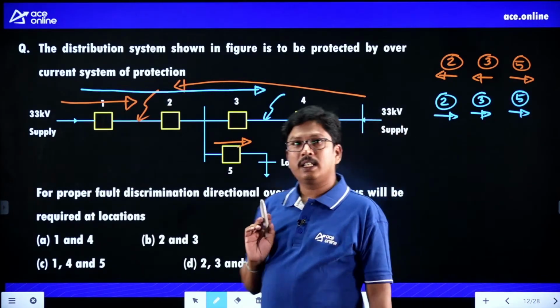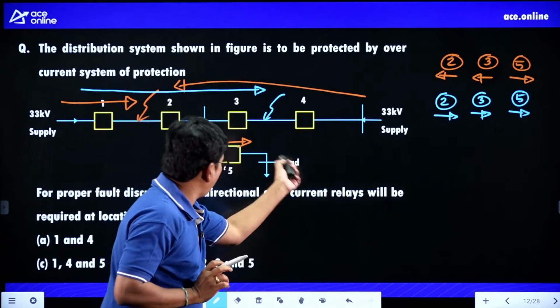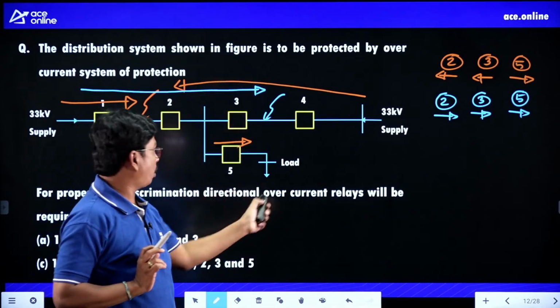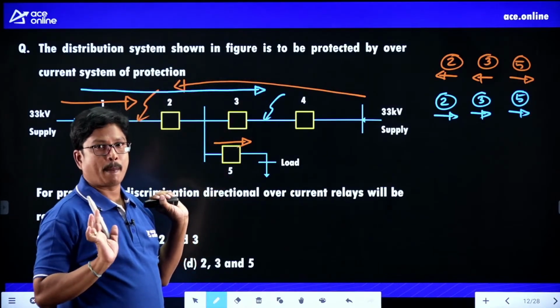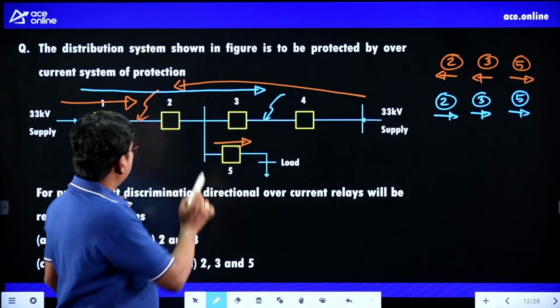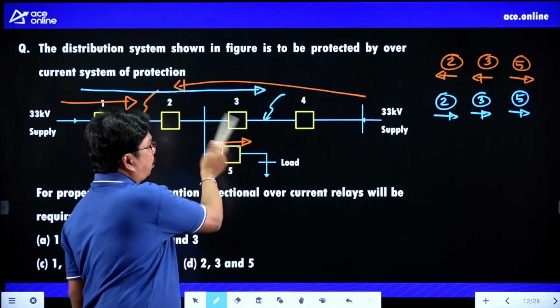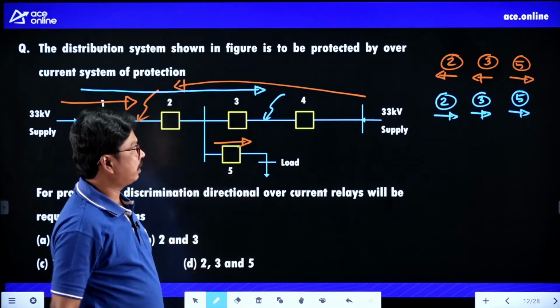There is no change in the relay 5 current direction. Why? Because from load, current will not come back. Clear, everybody? If you check here, so for two different faults at two different locations, where you are getting the